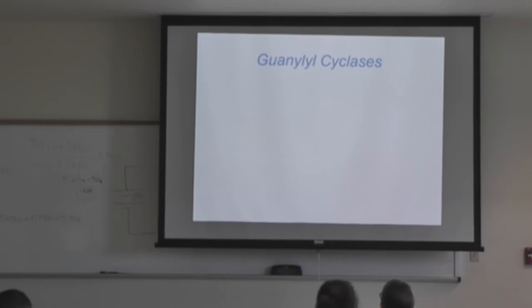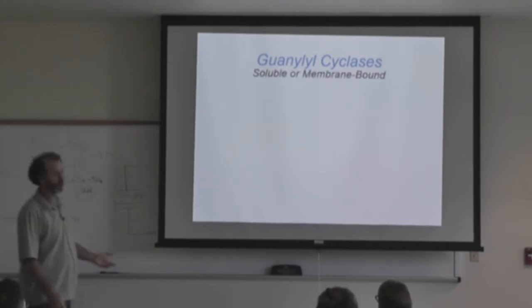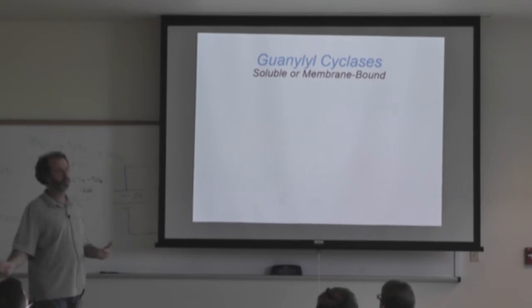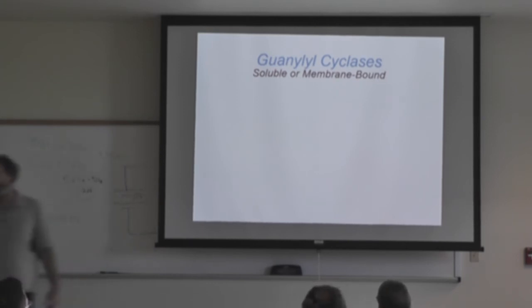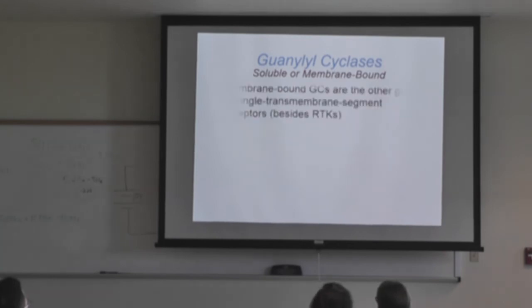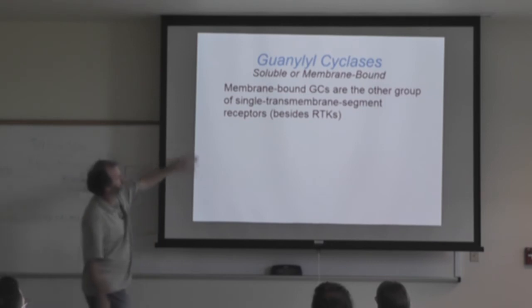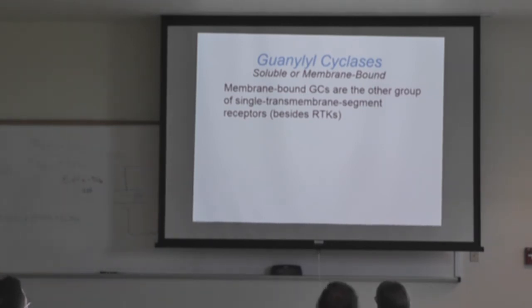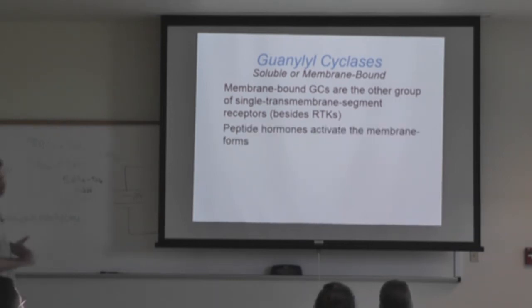Guanylyl cyclases are another receptor-bound enzyme, and there are also soluble guanylyl cyclases. If you remember, guanylyl cyclases take GTP and make cyclic GMP as that secondary messenger. So membrane-bound guanylyl cyclases are the other group of single transmembrane segment receptors, besides receptor tyrosine kinases. And peptide hormones activate the membrane form, whereas